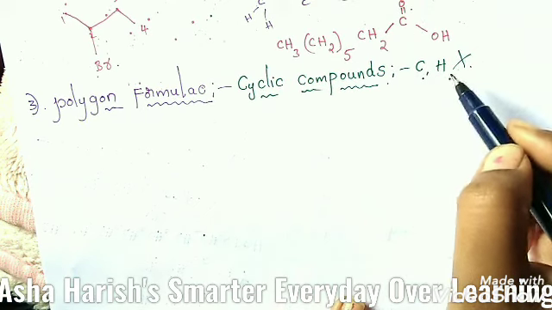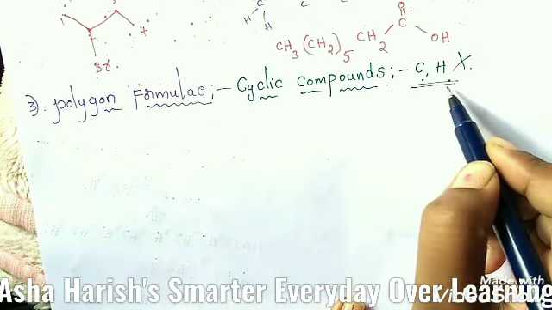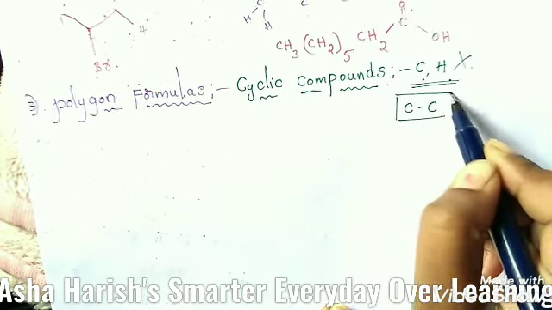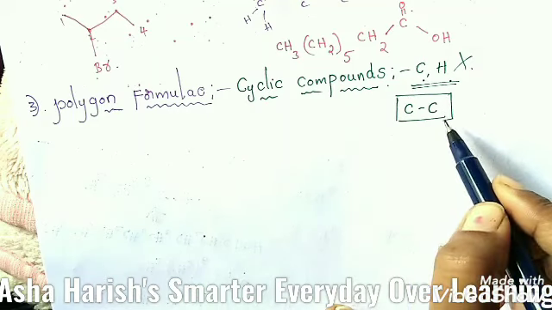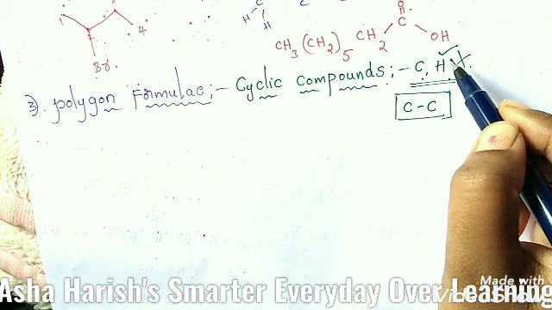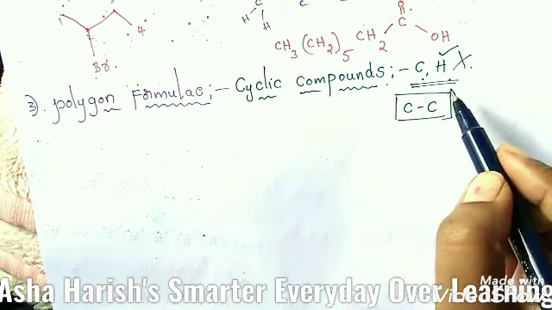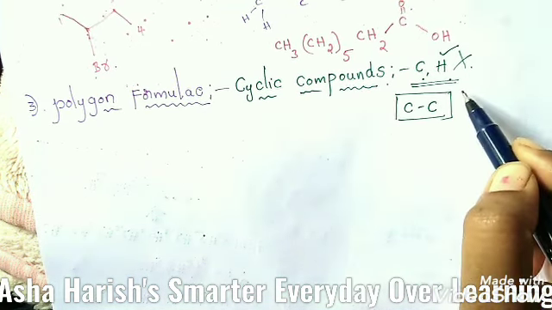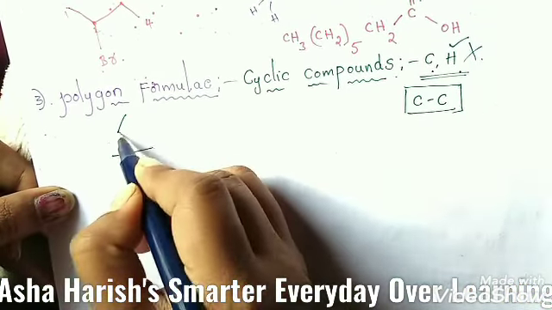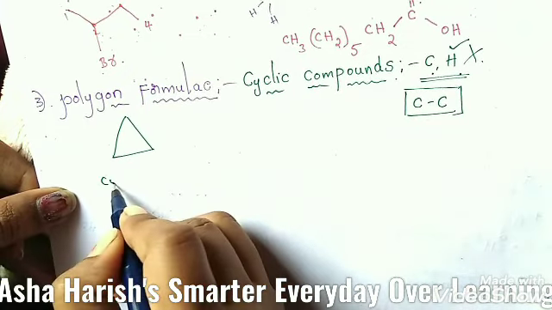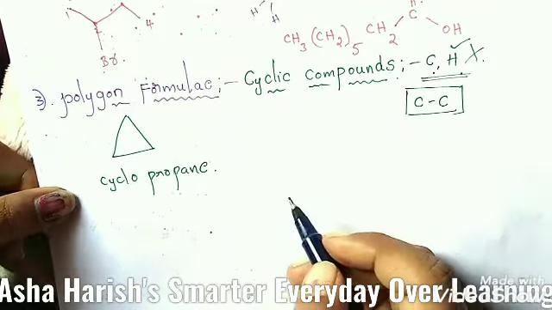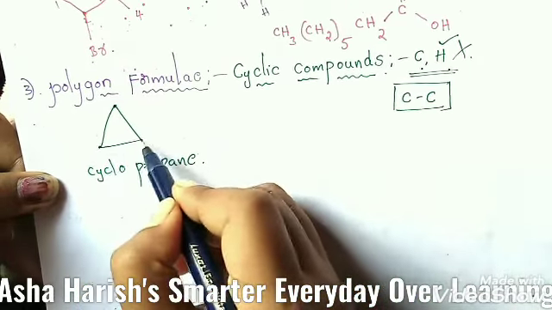And the next one is, the sides of the polygon denote a carbon-carbon bond. If an atom or a group of atoms other than hydrogen is attached to the carbon, then that atom or group of atoms is shown on the polygon structure. I'm going to draw the structure here, and if the structure is like this, that is cyclopropane. Why? Because only 3 carbons are located here.